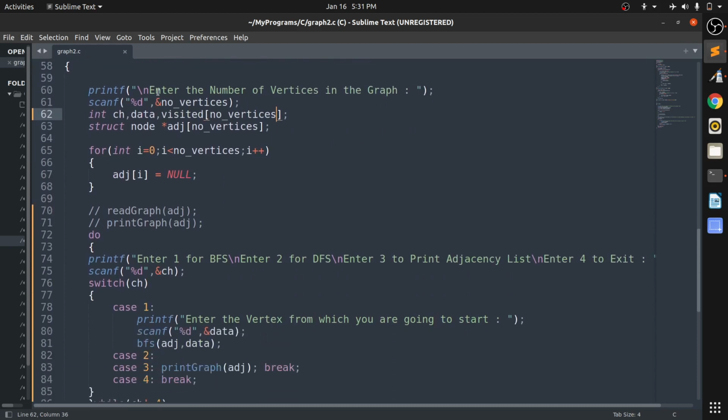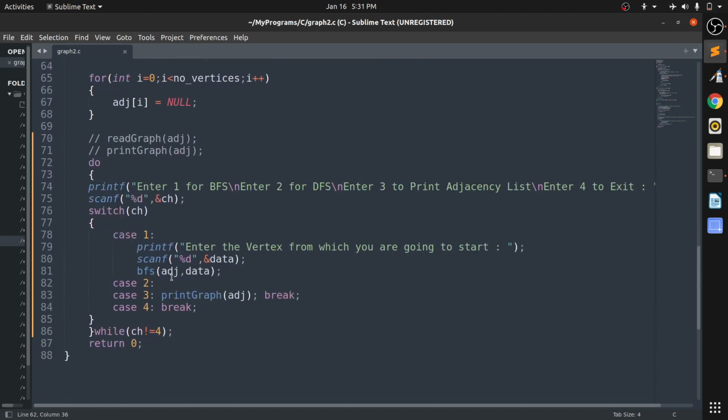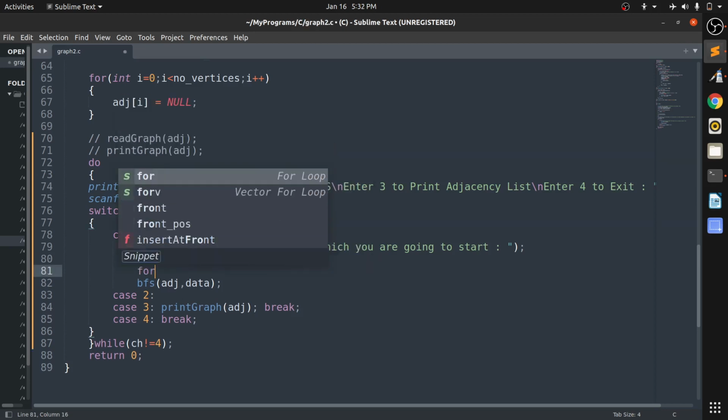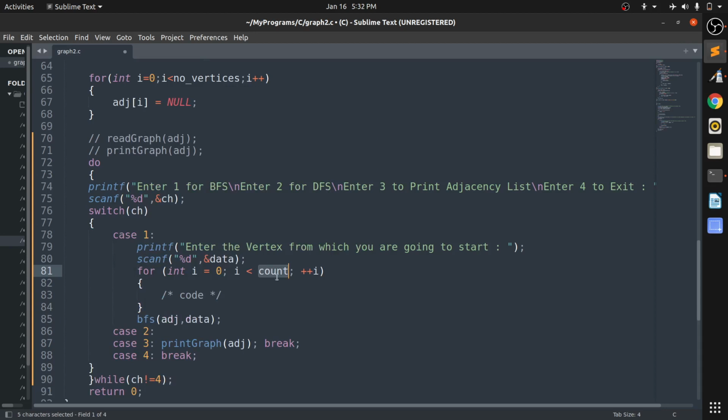The visited array might contain some default or garbage values. So what we are going to do is a for loop, integer i less than number of vertices, i plus plus, and here visited of i is equal to 0.